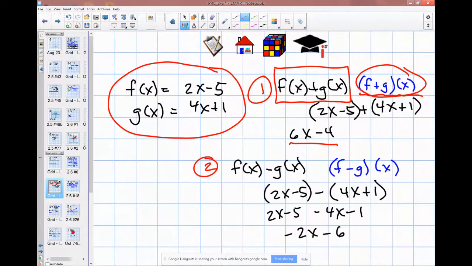The second thing, subtraction, is also quite simple. Again, all I have to do is remember to pass on my subtraction sign. Make sure you put the second quantity in parentheses so that you distribute the minus sign. Here's the one that everybody seems to forget right there. That minus sign carries over. Anyway, then it's easy. Just combine the like terms. Okay? Any comment, question? Hopefully you guys are able to hear me, see my screen at least. All right, let's go